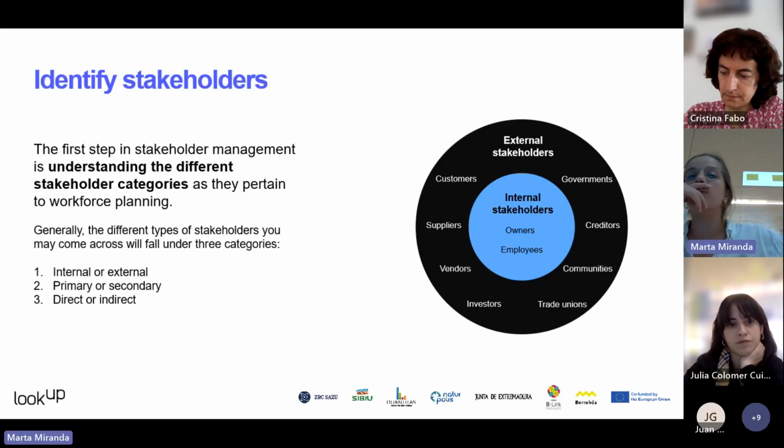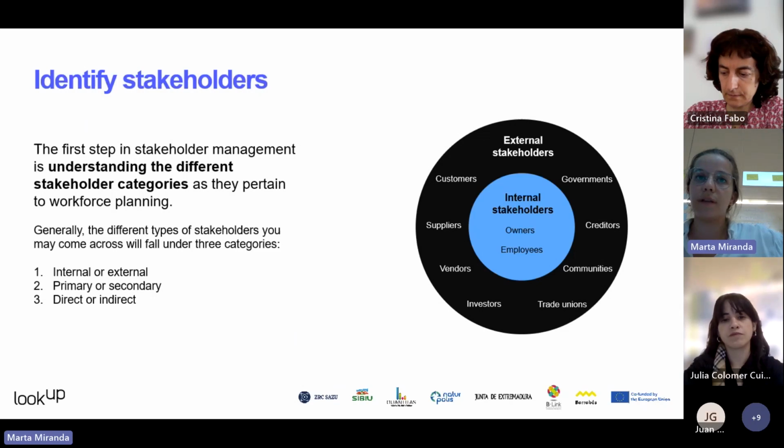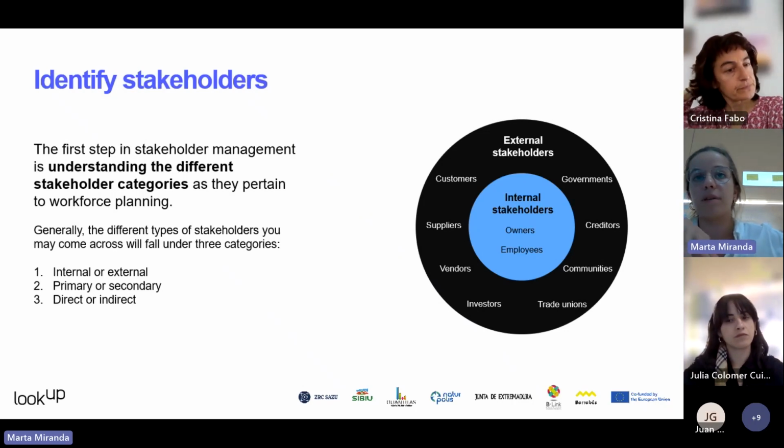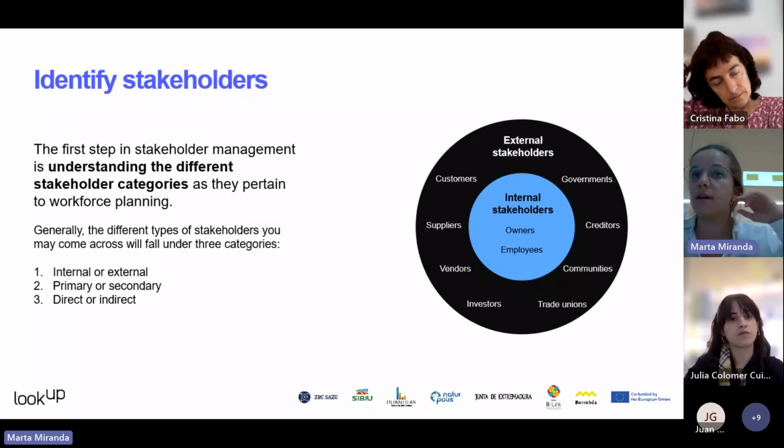The first step to do stakeholder management is to understand that there are different categories of stakeholders. Normally, we create 3 different categories of stakeholders, in which each category is divided in 2 parts. For example, a stakeholder should be either internal or external. It can be primary or it can be secondary. It can be direct or it can be